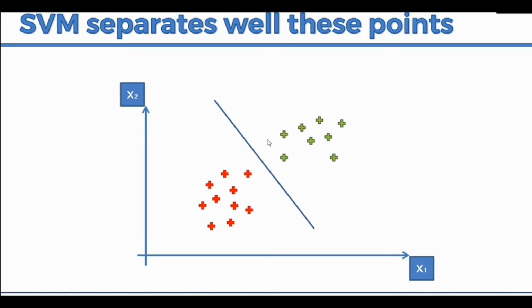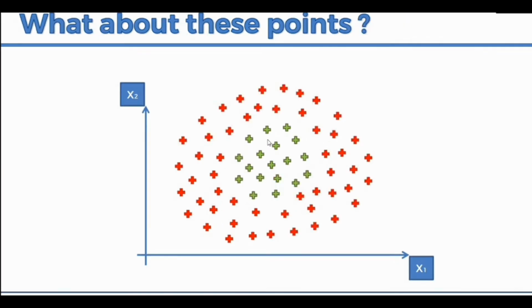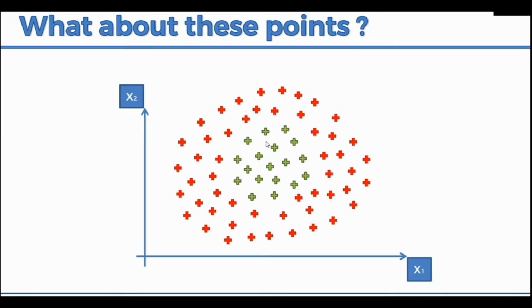Now certain cases come when we see data points like this. As you can see, the red data points are surrounding the green data points, and we can create a line, or the model can create a hyperplane, which will split or classify the data points. Even if you try to create a diagonal, vertical, or horizontal line, you can split them using a linear separator or a linear hyperplane. So how are we going to deal with such problems?